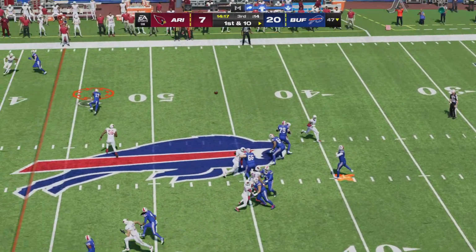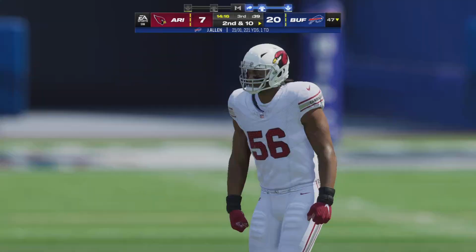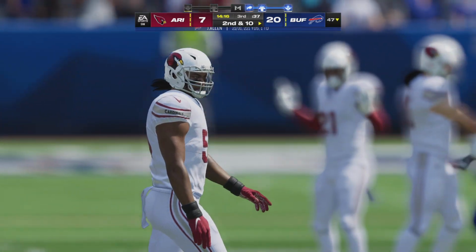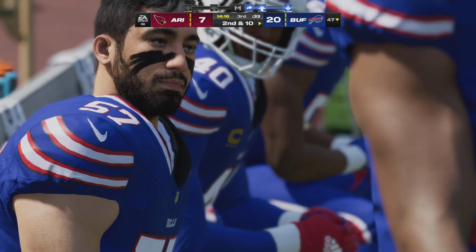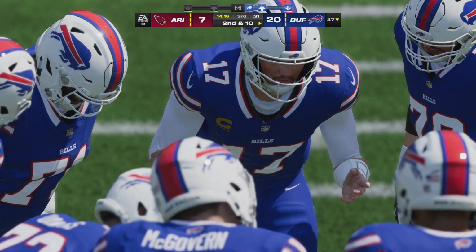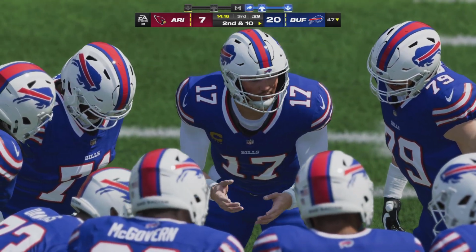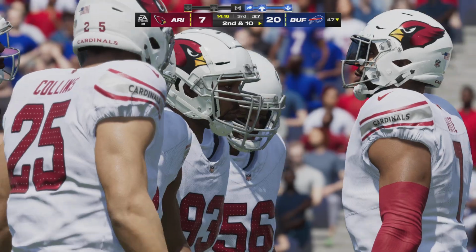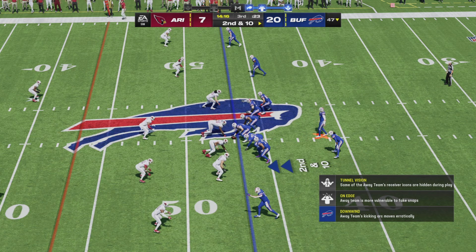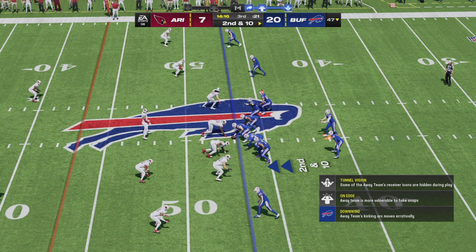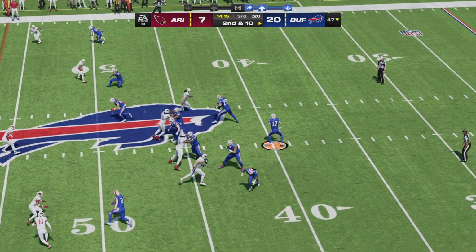On first down, Allen. Now a quick throw there, but it's going to be incomplete. Not sure what happened out there, but it looked like the timing was a little off on that throw. Well, you know I'm a defender, so what am I going to say? Great defense. Darn right. They did something to disrupt that timing. An incomplete pass on first down. That leads to a 2nd and 10. Now Allen again.